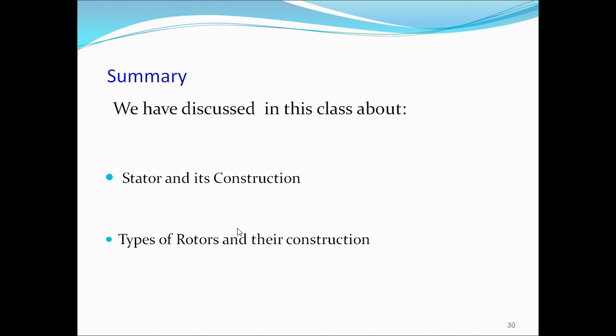So in today's class, we covered the stator, what the stator contains, and its purpose, the different types of slots. The slots are on the inner periphery, the stator winding is there, and the terminal box is there, where you connect the supply. It is a stationary part, and the rotor is the rotating part of the machine. Two types of rotor we have, salient and non-salient, and we noted this and covered the differences also.